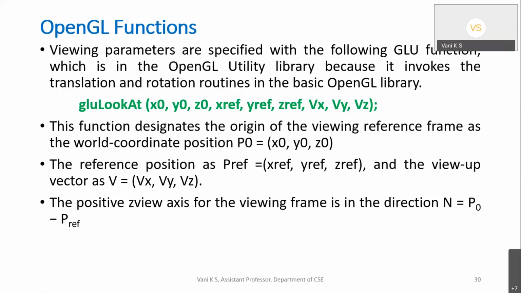So what are all the 9 values here? The first 3 are telling from where you are looking. That's what I told you, the camera position or the eye position. Where are you standing? Where is the camera? Is it at x0, y0, and z0? And the x reference is where you are looking to, the reference position, the PRP I told you. We call it the reference point. And these three are the view up vector, the tilt of your head, the thumbs up. So these are the 3 types of parameters which are there.